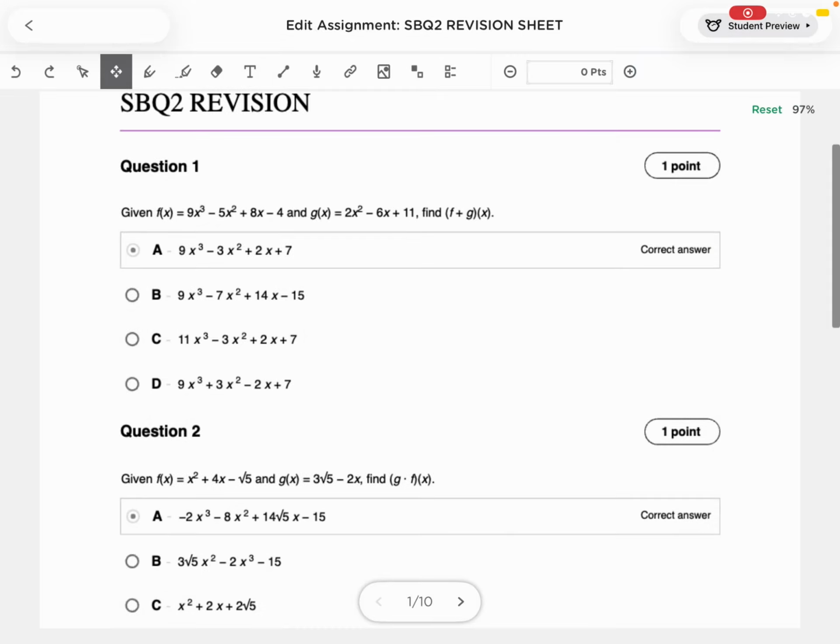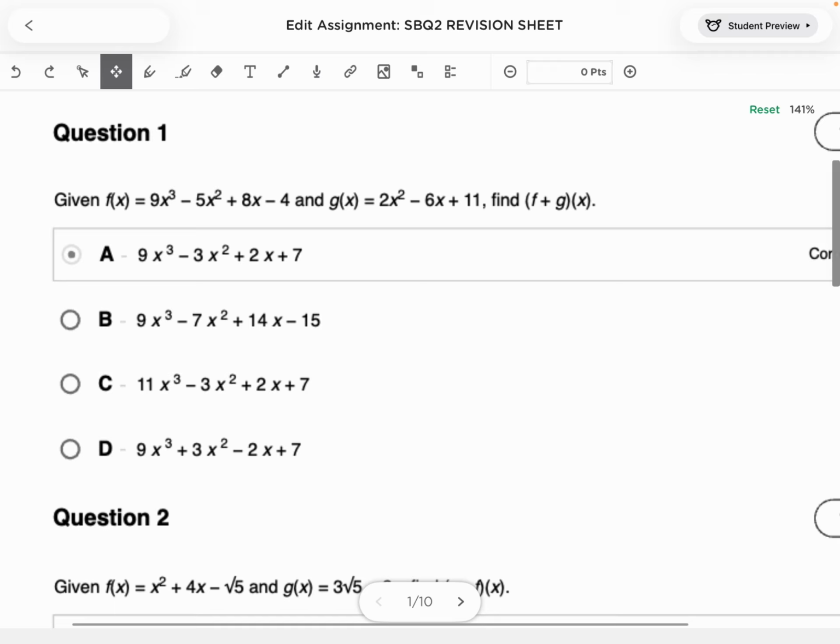Let's start our quick revision. They give us f of x and g of x, and we need f plus g, so we combine like terms. 9x